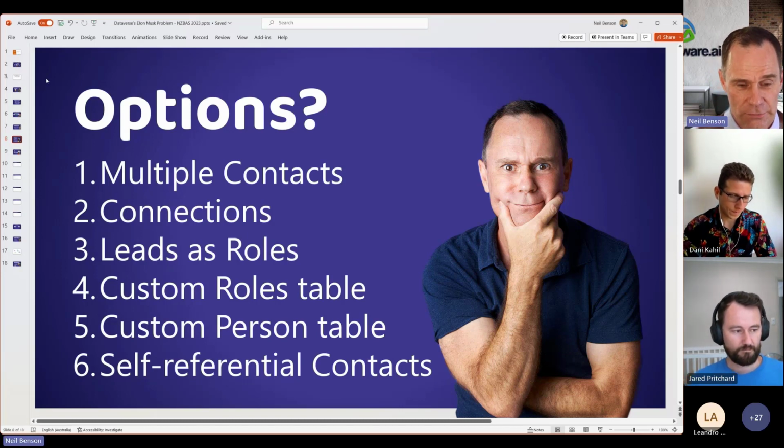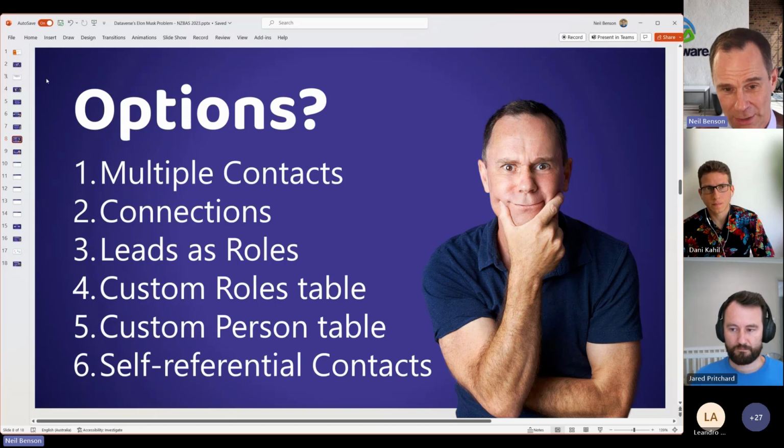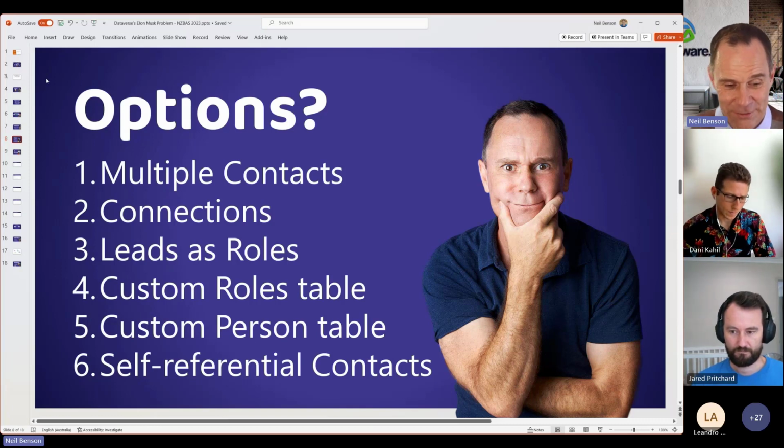In LinkedIn, you've got your person record. That's your LinkedIn profile. And then you've got multiple relationships with multiple account records. Those are company records in LinkedIn. And then the thing that connects them together is positions. So you can have a position at Dialogue, or you can have a position at DXC Technology, or a position at Microsoft, or a position at X. And in LinkedIn, you can have a date, a job title, a job description associated with that position. We can do the same in Dataverse and have a more LinkedIn-like experience.